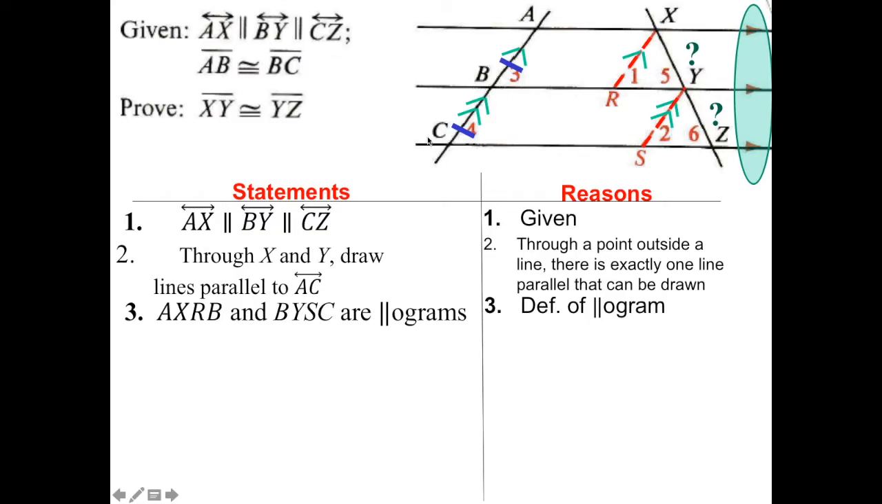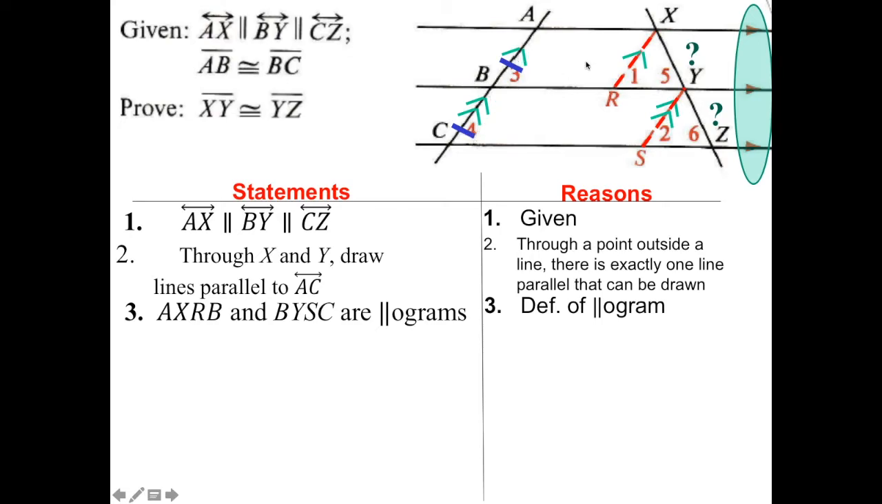Parallelogram, and we know because both pairs of opposite sides of those quadrilaterals are parallel to each other. So we got a parallelogram. There's lots of stuff we know just about parallel lines in general. There's stuff we know about parallelograms. So I'm saying this, and the reason why I said AB is congruent to BC right now is because